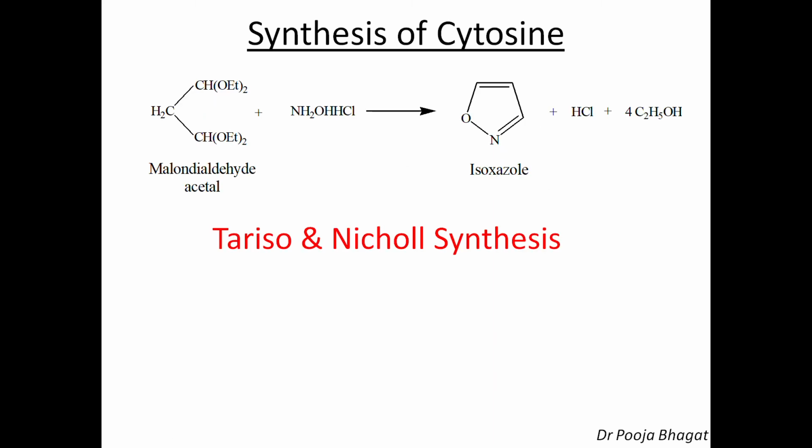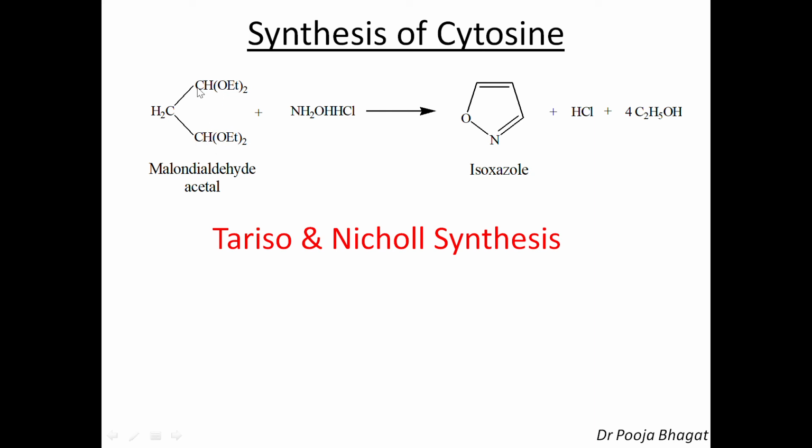And now the synthesis of cytosine. Another method to synthesize cytosine. Now this compound, all of you have heard of acetal. You have done this in the case of aldehydes, carbonyl compounds, that aldehydes can easily be converted into acetals. As you can see here, OEt twice, these are acetals of aldehydes, CHO, CHO.